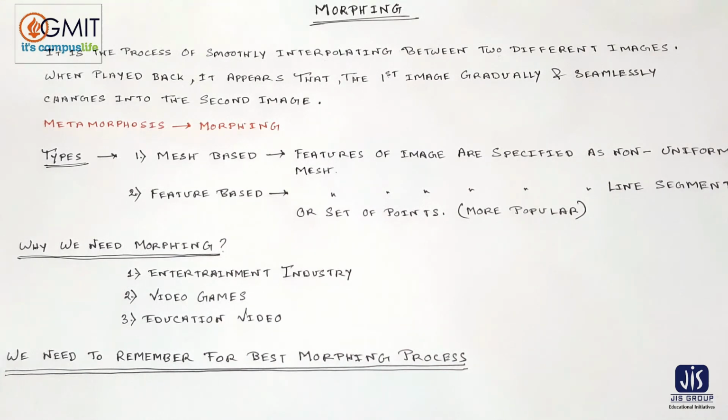Okay, choose the picture wisely which you want to morph. Suppose you want to morph two images of, suppose, two animals or flowers. Try to take the same size of flowers or the same size of animal picture. Must keep in mind that. And number two, selection of background, very important. For best result, you should use the same background for both pictures, then you can get a good result.